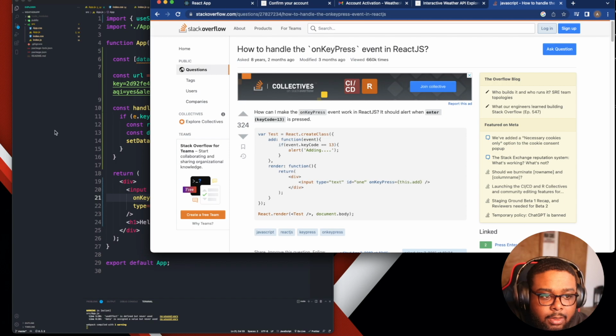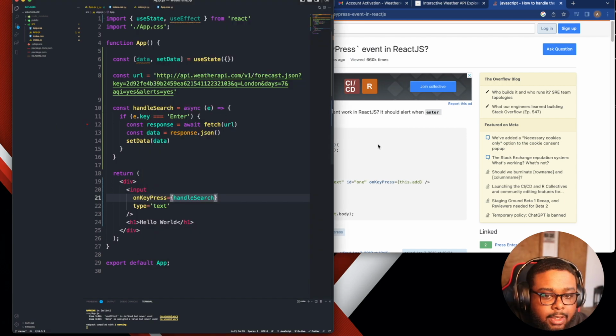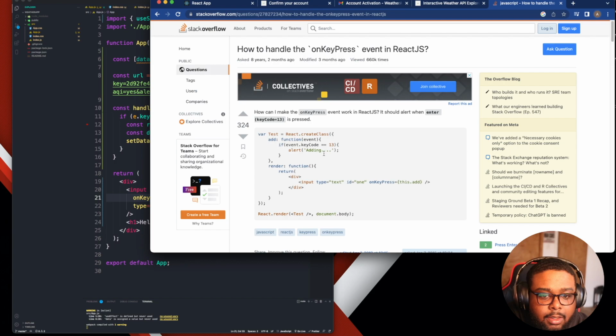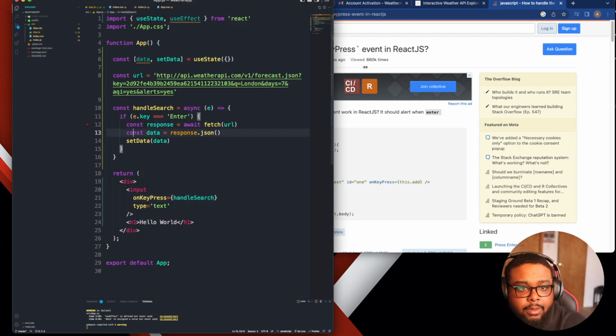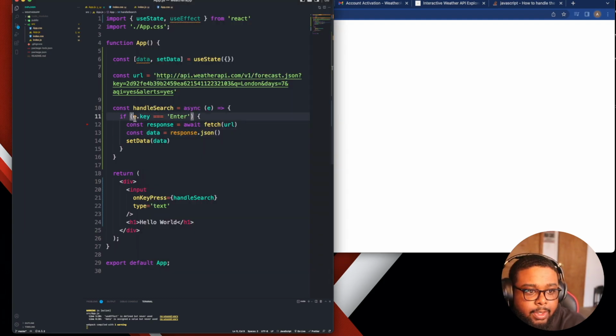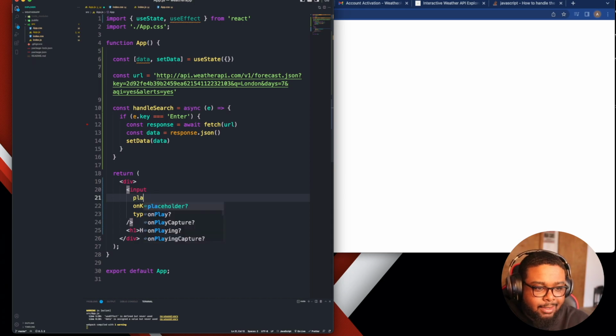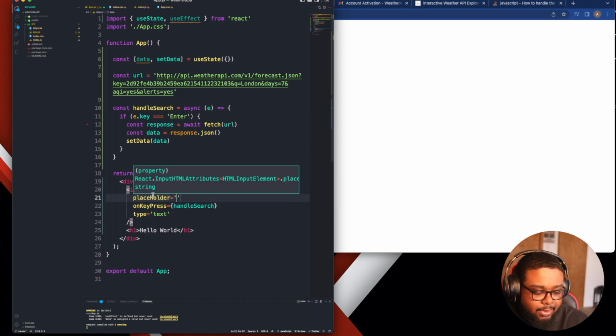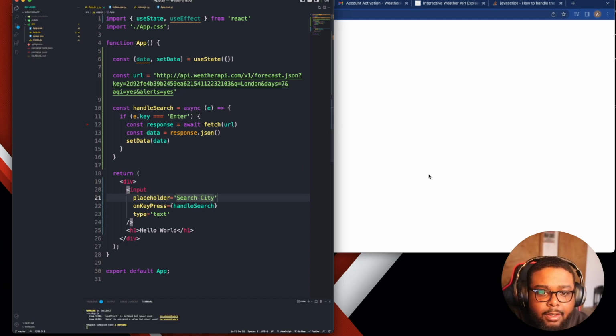All right, so event.keyCode. I wonder if I gotta use keyCode instead of key. So basically, whenever I go here and press enter, that's when I want this to fire. This await, I think. Let's add a placeholder for now while we're thinking. All right, placeholder, and I'm just gonna do search city. All right. So yeah, whenever this,